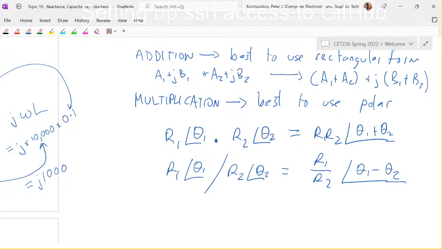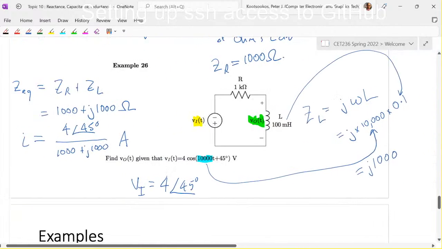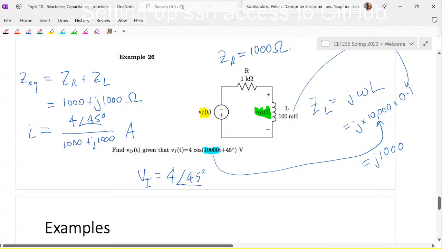So let's have a look at that. Right, so 1000 plus j1000, that's an angle of 45 degrees. And a magnitude of square root of 1000 squared plus 1000 squared, which is 1000 root 2, I believe. So our I equals 4 angle 45 degrees